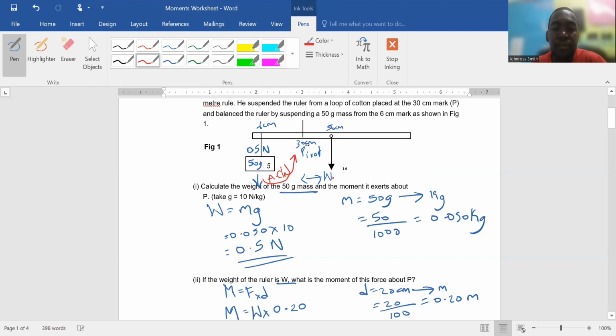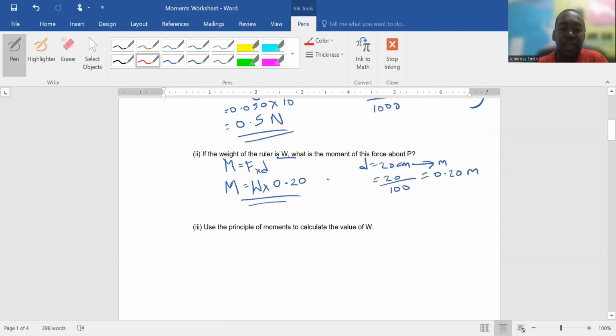And the weight of the ruler, we continue that downward going towards the pivot. This gives us a clockwise moment. Now we know the anti-clockwise moment, so now we just use it to find the clockwise moment of the weight of the ruler, right? So the thing we're going to add is that the anti-clockwise moment is equal to clockwise